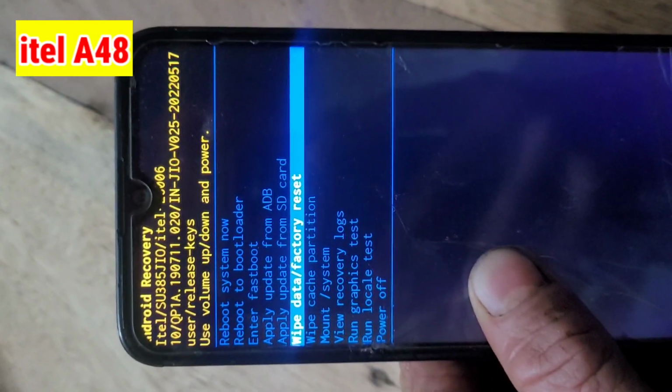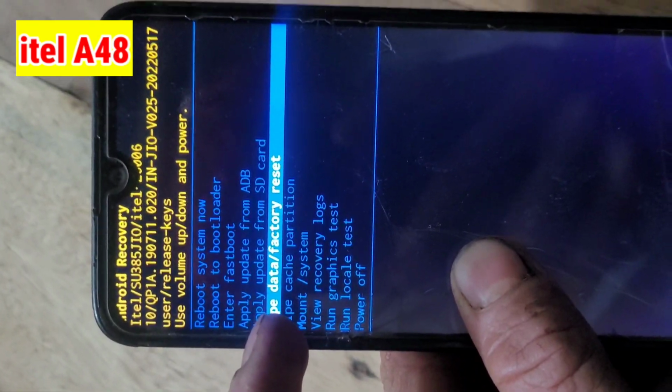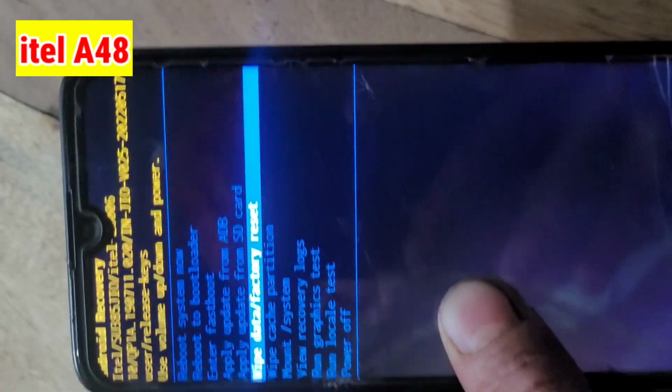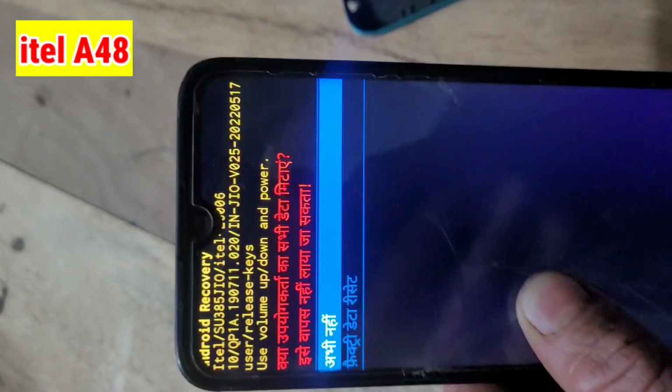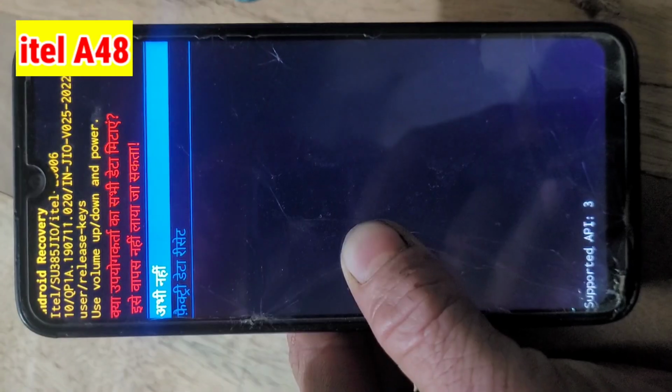Select wipe data factory reset and click on it with the power button, and click on reset device, erase all data. Scroll with the volume down button.